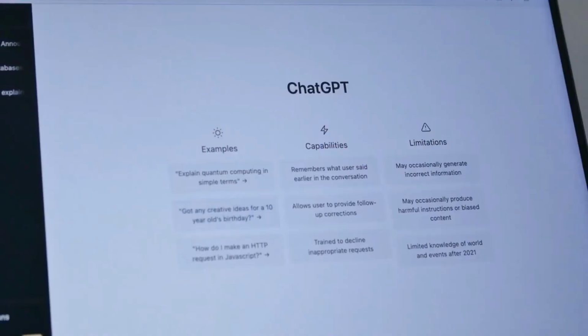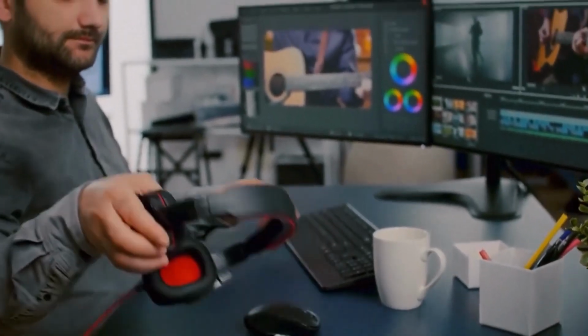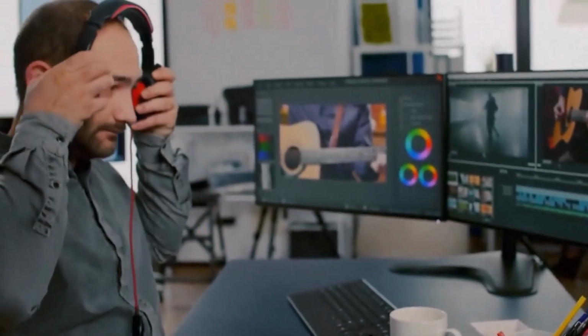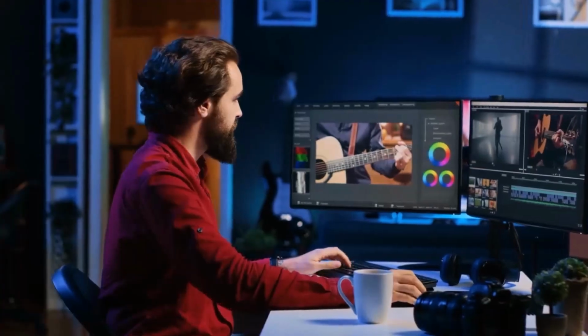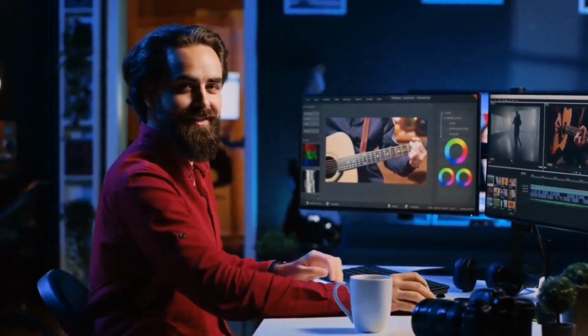Start by generating a script using ChatGPT. Then, use TTS OpenAI to turn that script into a professional voiceover. You can edit the audio in Audacity, adding spaces at the end of each sentence to help Pictory accurately split your video into scenes. Next, upload the voiceover to Pictory, which will automatically generate a video with relevant images and